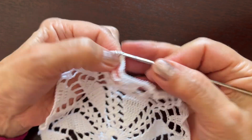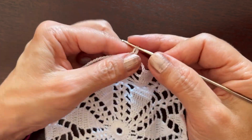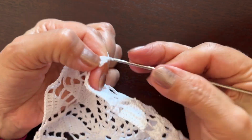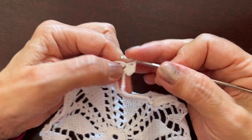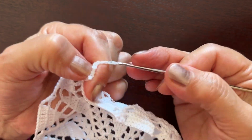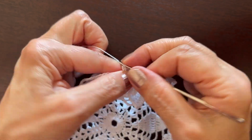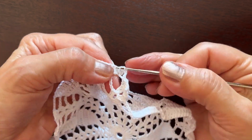So 2 slip stitches, 2 double crochets in the shell, chain 2, 2 more double crochets, chain 2, and 2 more double crochets, chain 5, 2 double crochets together, 5 double crochets without any changes,